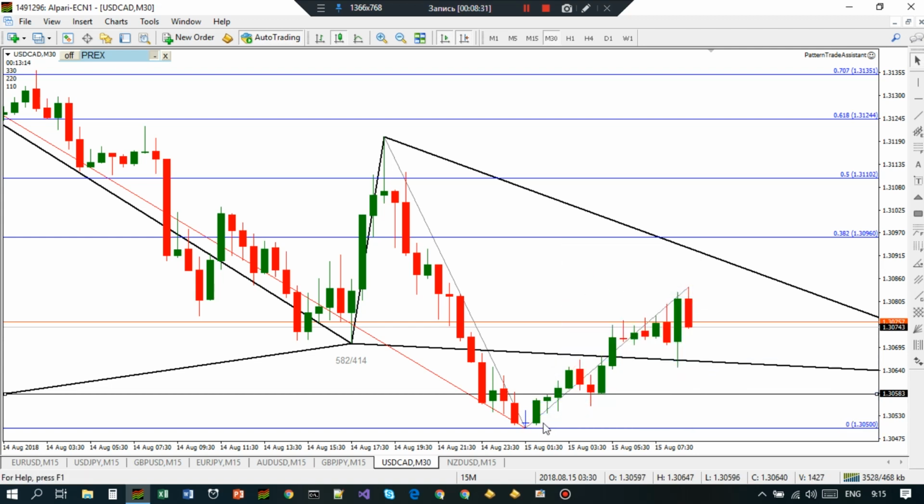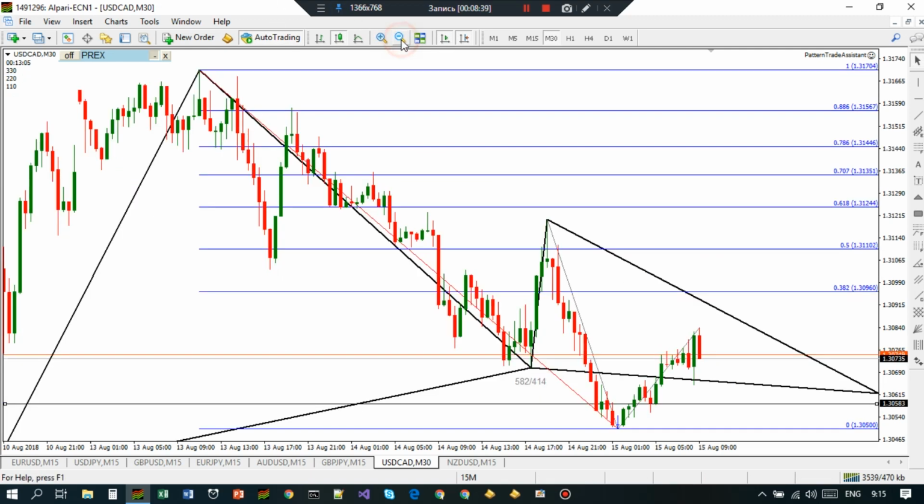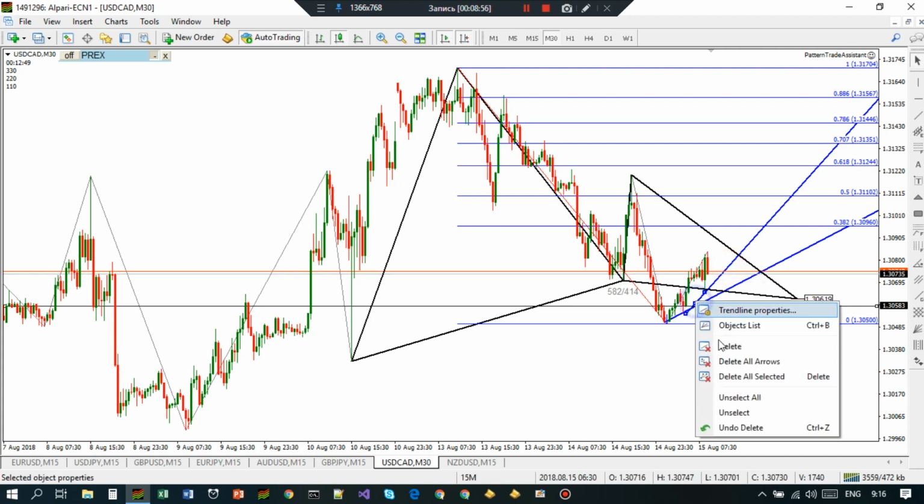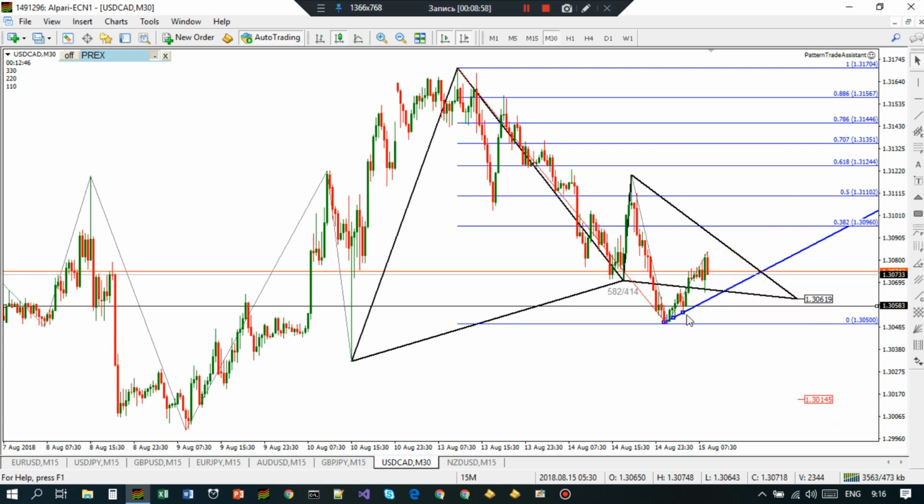Okay, so what we have right now is that price bounced from that level and starts the movement higher and higher and higher. It is already late to enter that. Plot the trend line, and it should respect that trend line, and when it hits the 382, you should plot the accelerated trend line to find the exit. Okay, right now it is already late, and I was late just